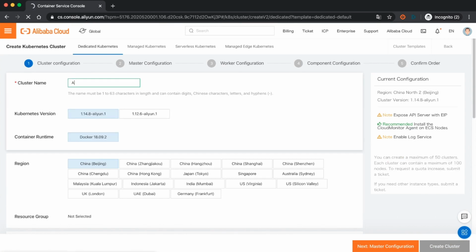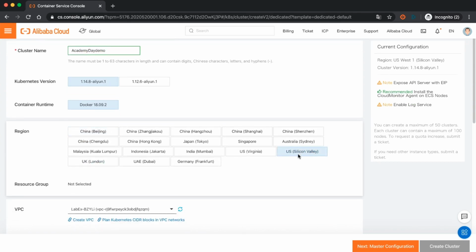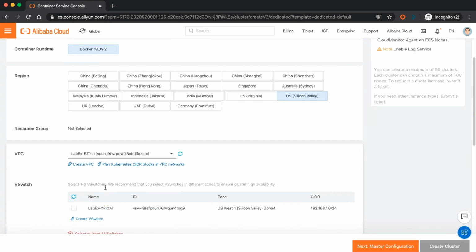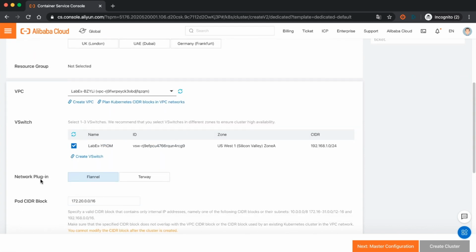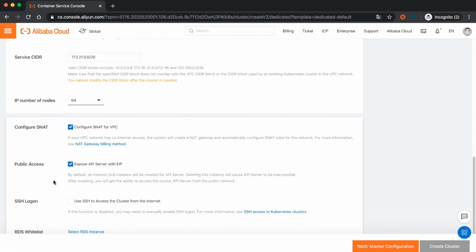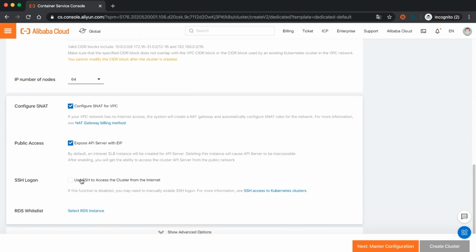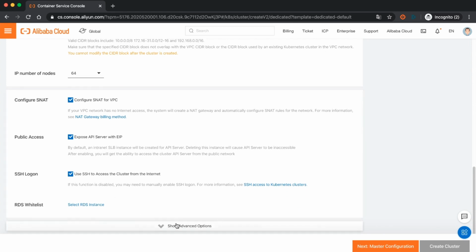We can give the name of the cluster, choose the Kubernetes version, container runtime, deployment region, and the VPC and vSwitch. You can click here to configure SNAT, to expose the API server with the EIP, and to authorize the SSH connection from the internet,